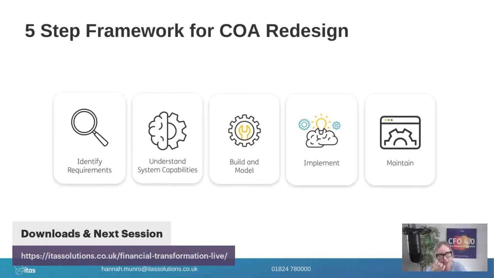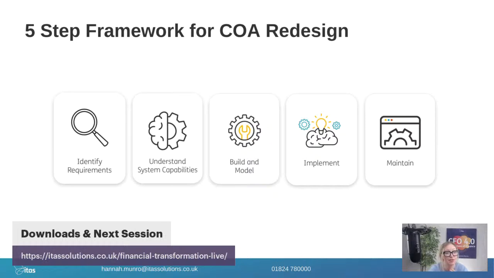Okay, so there's a basic framework and a thought process that I go through when I'm designing a chart of accounts. So the first thing is requirements. So identify the requirements. I also need to understand the system capabilities. If you are designing your chart of accounts with no understanding of how your system can design a chart of accounts, and or what functionality is available across the wider system, then you're not going to design the most efficient process possible. And it's this part that a lot of people forget. They design the chart of accounts they want, and then they don't actually spend time, one, understanding the requirements,